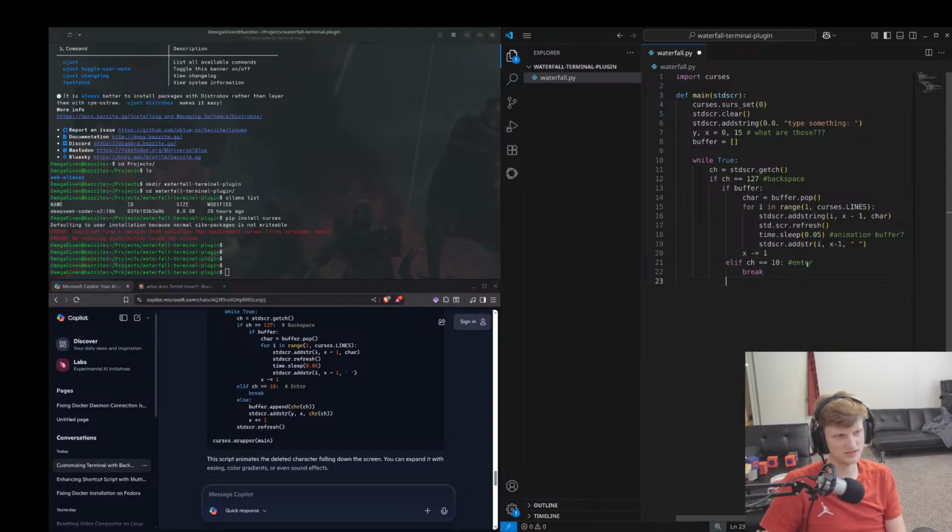Yeah, I'm guessing what this is doing is constantly opening its senses for characters, and throwing those characters into a buffer. While true, ch equals. So we're getting a character. If character equals backspace, if buffer, character buffer.pop. For i in curses.lines, add string